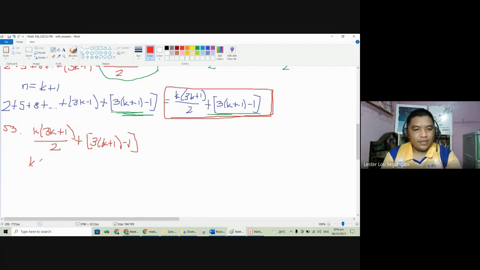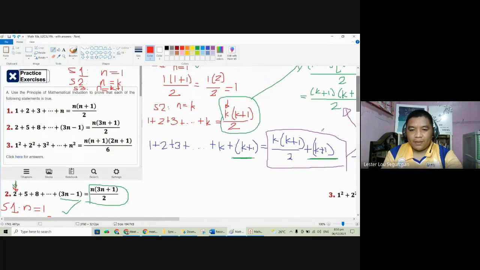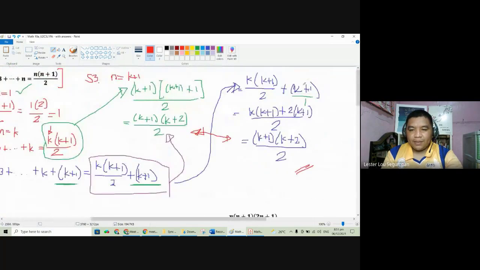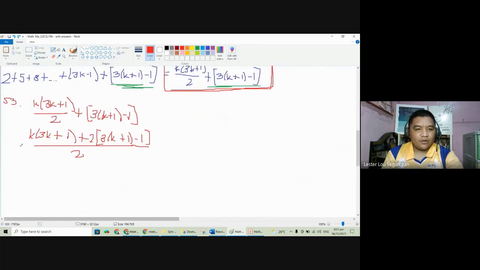You will have k times 3k plus 1, and for the LCD you have 2, so plus 2 times the expression 3(k plus 1) minus 1. Earlier, we did not multiply anymore since we could simply take out the common factor k plus 1. However, for this expression, there's no common factor, so instead,